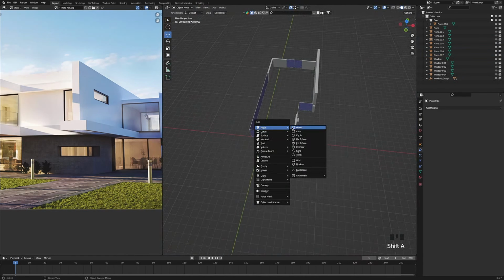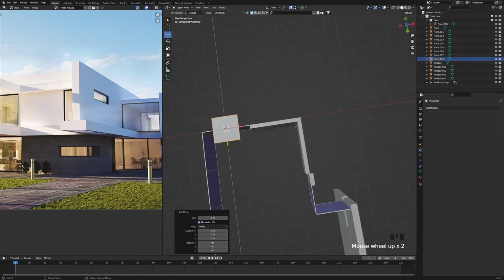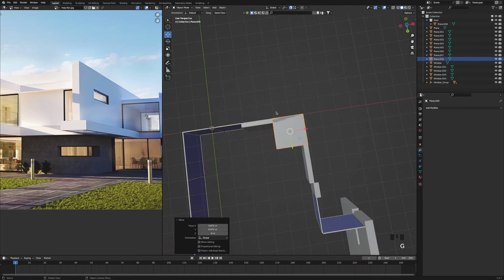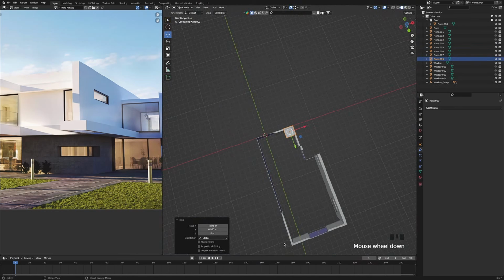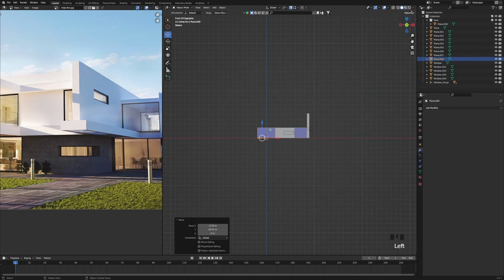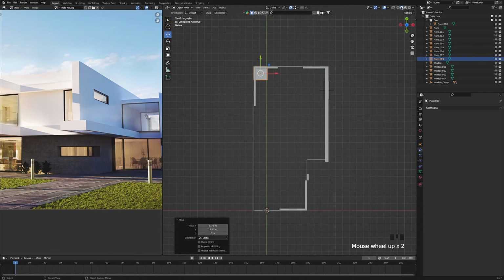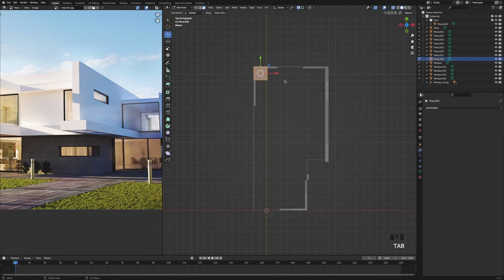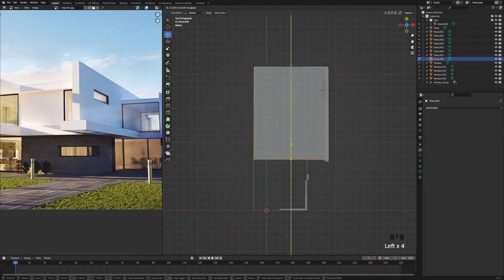So I'm going to press Shift A, add a plane. I'm going to turn over, press G, snap it to that corner. And actually no, let's do it from the back and work forward, so we're just going to press G and snap it at the back. Go into top view, there we go. I'm just going to move to the white position, press the X-ray tool, press tab, and then 1 for vertices, select the white, bring it out, snap it right there, select the front, bring it out, snap it right there.